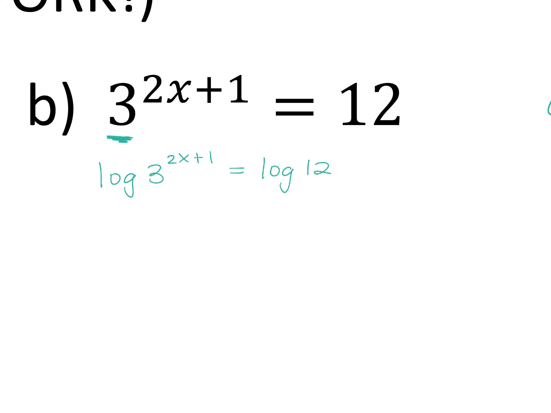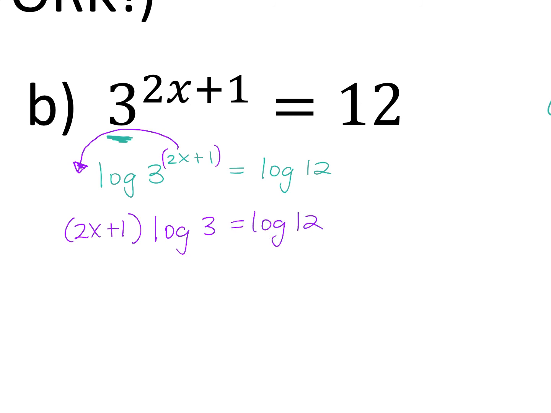Okay, then now we have to move our exponent out in front. So this whole thing is going to go out in front here. So it's going to be 2x plus 1 times the log of 3 equals the log of 12. Now, it looks fancy. Nothing really changes, okay? We're still just dividing by log 3. So divide by log 3, divide by log 3, don't forget your parenthesis, and you get 2x plus 1 equals log 12 divided by log 3 is,